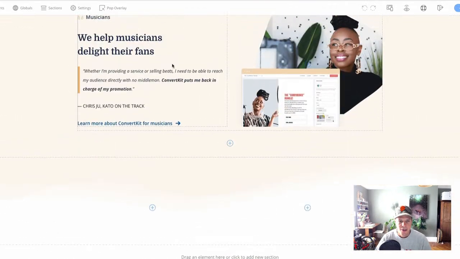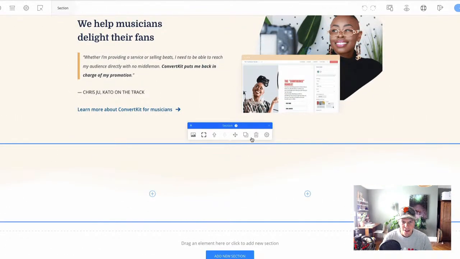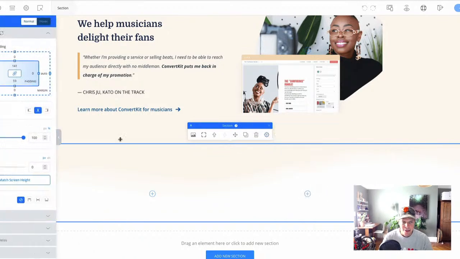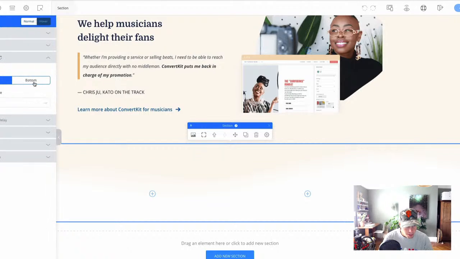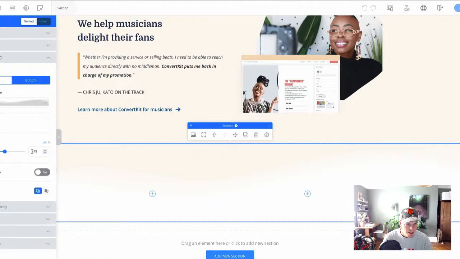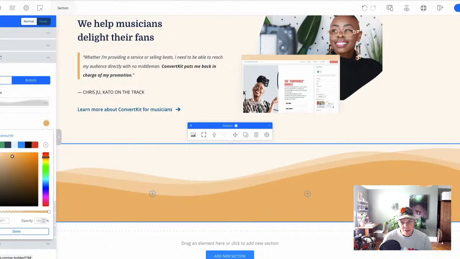So here we are, we're down here. This has got a background. We're trying to add in the swirl, which we call a separator, which I've got at the bottom there. Now you can't see it because of the color, and you can see there it is. The background color of the above section is really light, and I've then set the colors for the